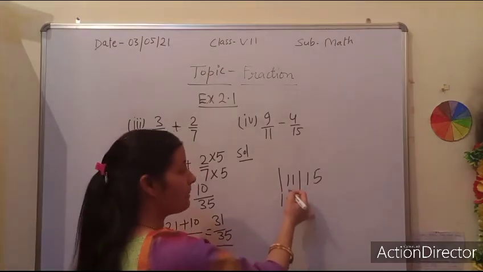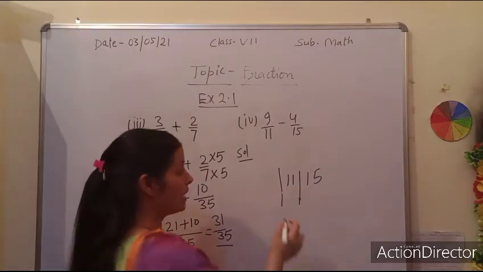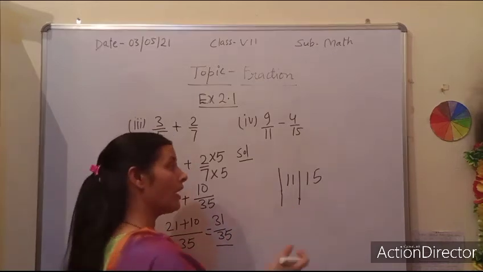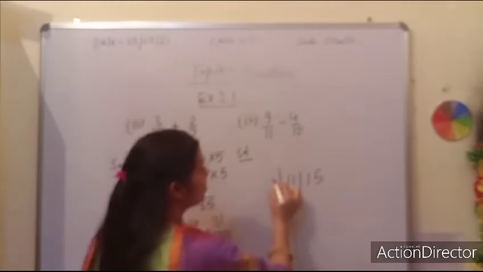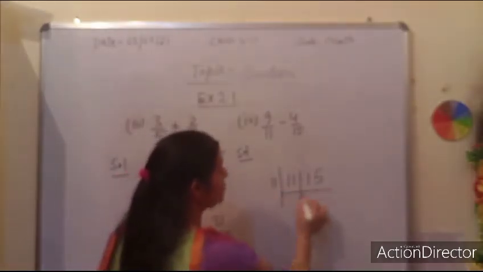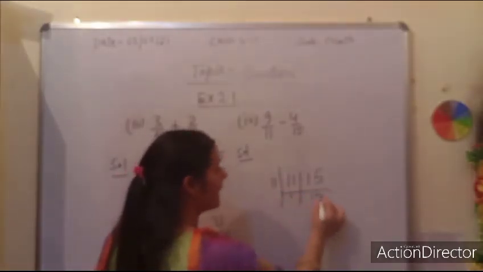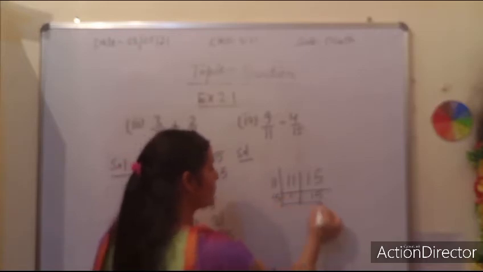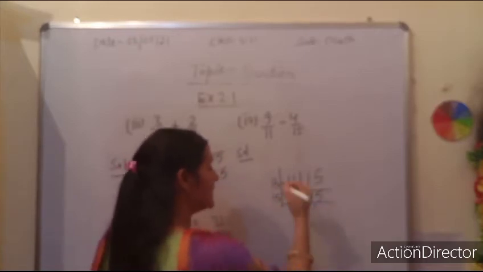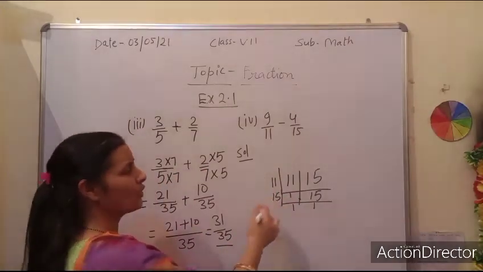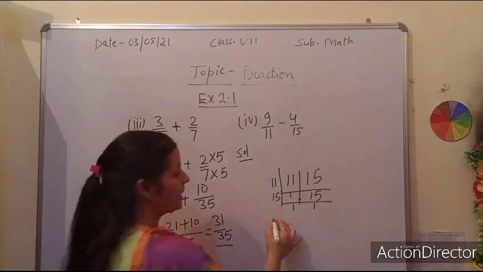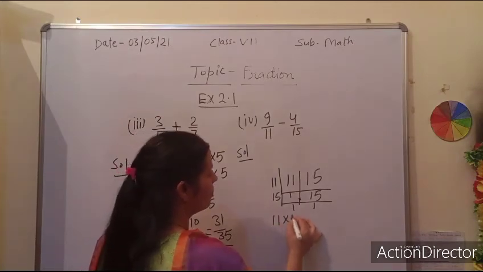It is an odd number, and 11 is a prime number. So what does prime number mean? The numbers which can be divided only by one or by itself. So first I will divide it by 11. So 11 ones are 11. 15 as it is. Now 15 can be divided by, I am just dividing it directly. There is no need for 3 or 2. Same number you will get here. You will write 3, 3 5s are 15, then 5.